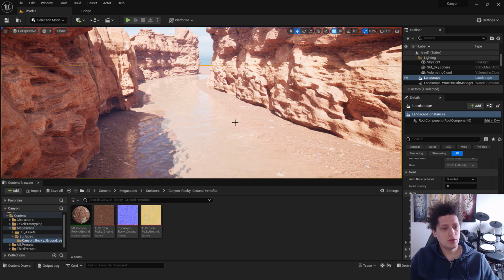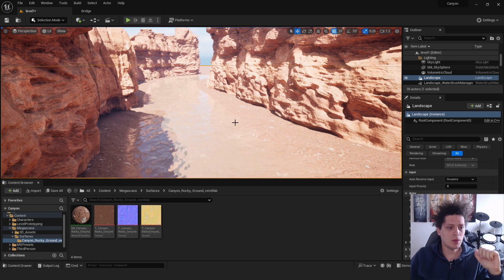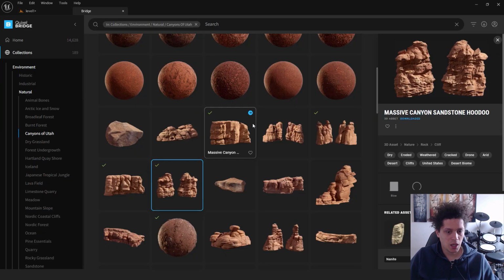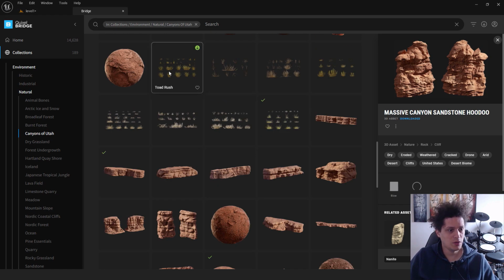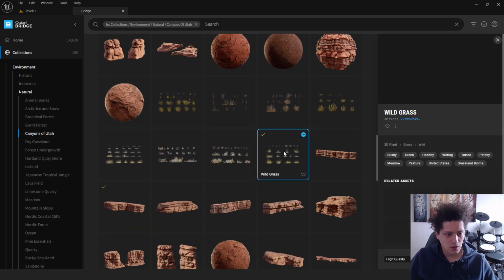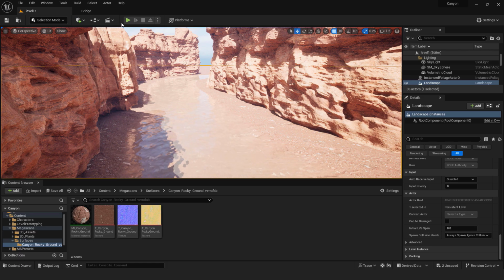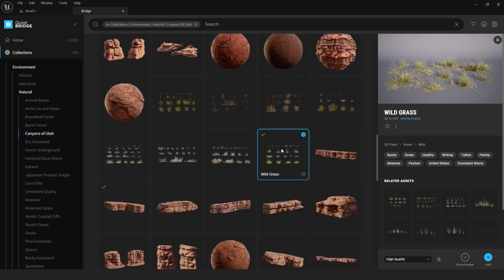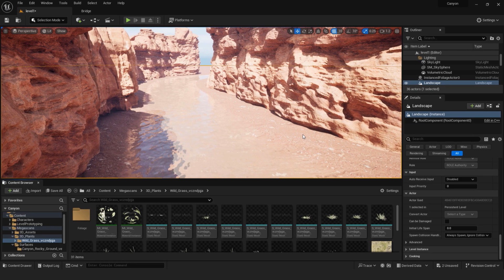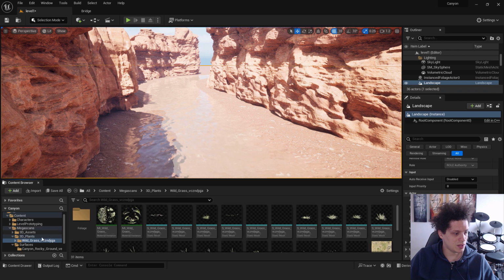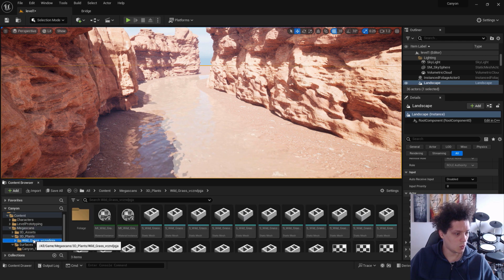Okay, the next thing we want to do is to add some foliage, some herbs. And to do that, we go to Bridge and scroll down, and over here we can see all kinds of herbs, plants. We can go with this wild grass. It's already downloaded. Okay, for this one, we want to select it. We can't just drag and drop it. It will not look good because we need to use the foliage tool. So select your herbs, your plants, and click export high quality. And you can see we have our herbs on the left side under Megascans, wild grass, 3D plants,